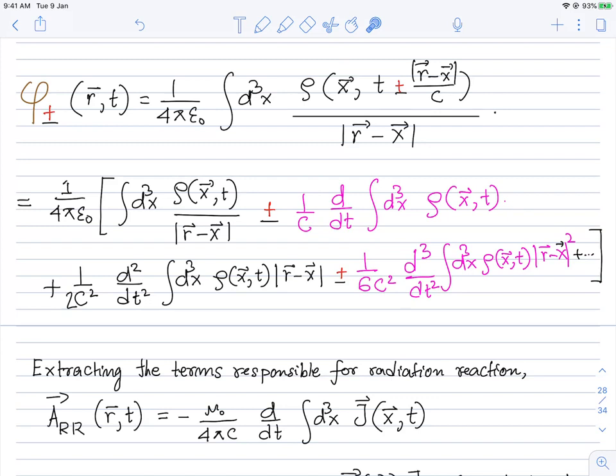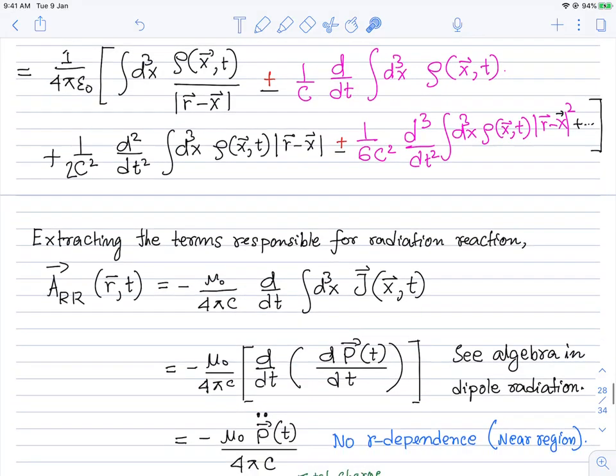I'm using it as a tool to find out terms in the retarded potentials which are going to be responsible for the self force. Okay, and these will be the terms which are different from the terms in the advanced potential. And as you can see, clearly the difference is in just a sign, because we are doing this expansion out in the near field region. So it's the terms that differ by a sign. Those are the ones that are going to contribute to the self force. Okay,